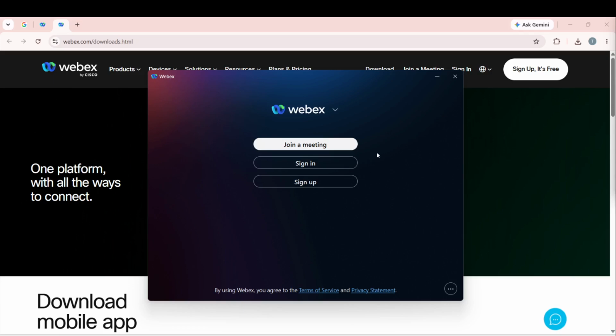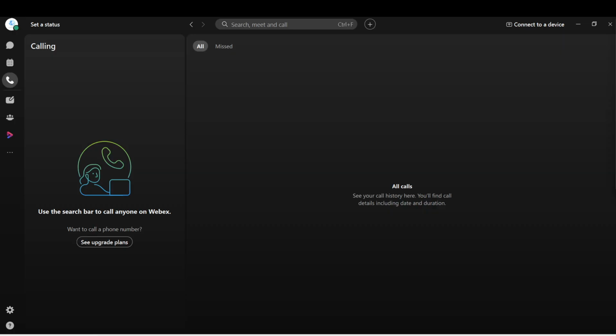Next, log in if prompted. If you have already logged in previously, you may bypass this step. However, if you are asked to enter your credentials, input your username and password. This ensures that your account remains secure while accessing your chat history. After entering your information, click the Login button. You will be taken to the main dashboard of the application, where you can access your messages and contacts. This step is important as it guarantees that you are accessing your own account securely.